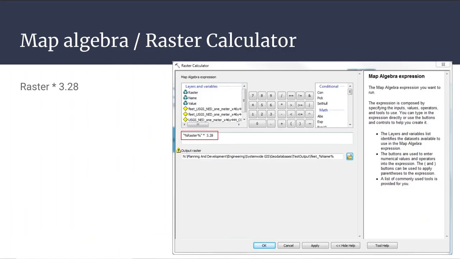All right, so the last slide kind of showed essentially what the computer's doing behind the scenes, but this is all you have to do to implement this in ArcGIS. This local operation implemented via Raster Calculator, you basically just say raster times 3.28. You put in the raster's name there, and you put in multiplied by 3.28. Because all of these cells, all they have is the elevation value in meters, all you have to do is say that for each of those you want to multiply them by the conversion factor, which is 3.28. You would end up with this new raster layer that's in feet, named whatever you call it in the output